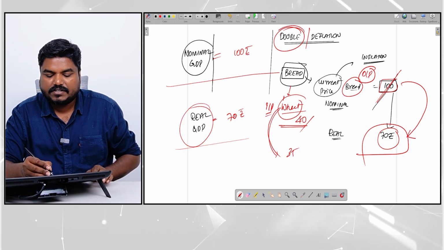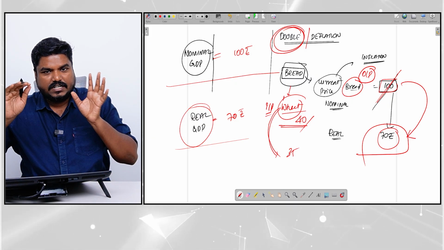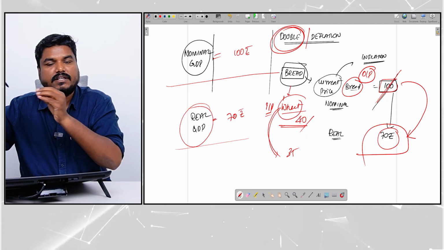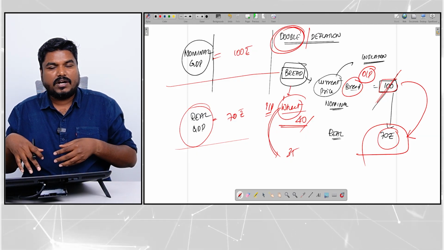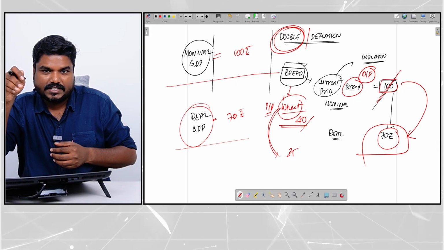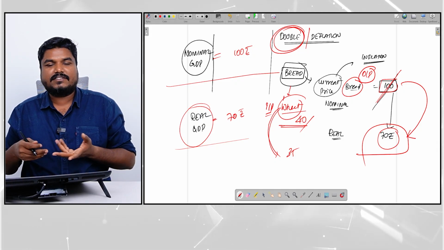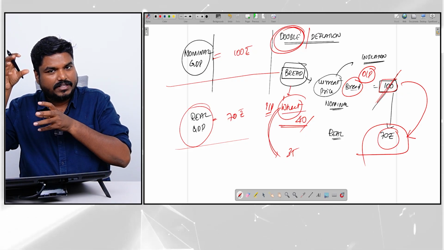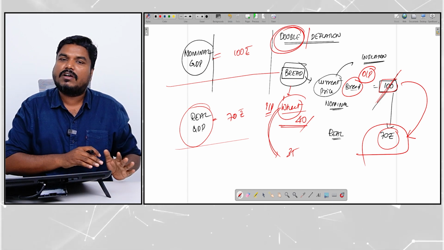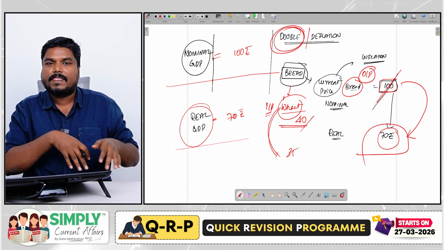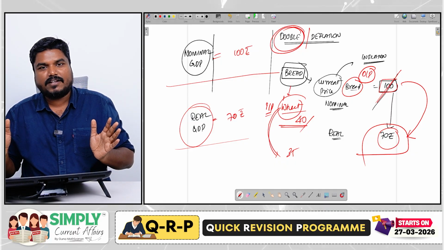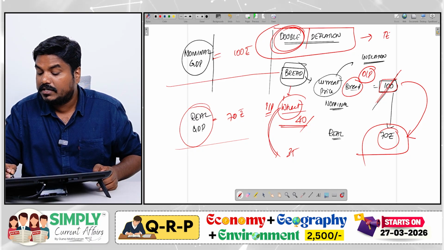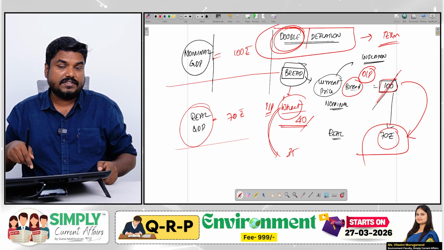So in double deflation, what we are going to do is, generally nominal GDP is the GDP, that is output, calculated using the current price. Real GDP means I am adjusting the nominal GDP for inflation. I am adjusting the output for inflation. That is real. Now in double deflation, the government says, don't just adjust the prices for the output, adjust the prices for the input also. Adjust the price for the input, adjust the price for the output, calculate it. That is called double deflation. This is just a term, don't think too much. Don't go into the calculations here.